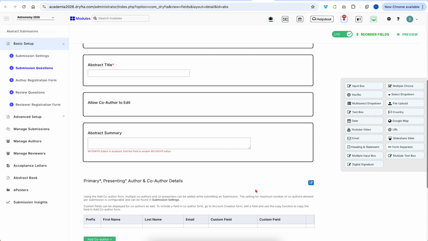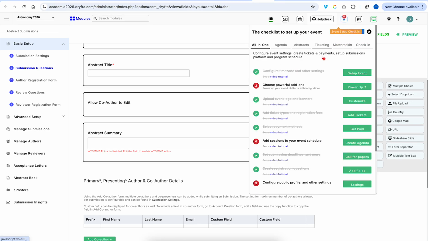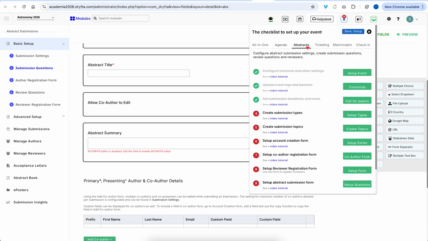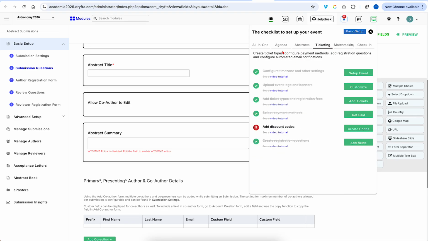So this is a quick overview of what you can do with Drifter. Always follow the checklist that we have for different modules, for agenda, for abstracts, for ticketing, for check-in, for matchmaking. There are different checklists for each of the modules. And for the basic setup, you can always refer to the basic setup